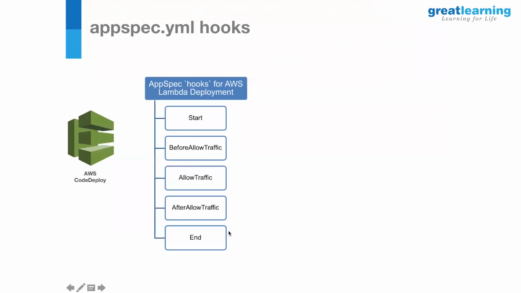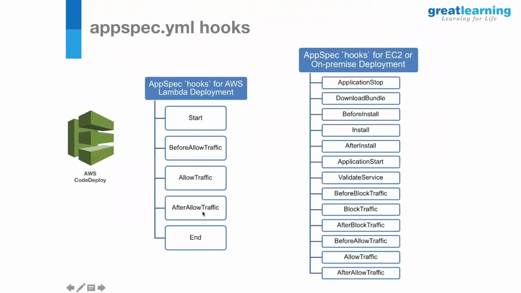when you're doing Lambda deployment. Start, before allowed traffic, after allowed traffic, and end. So in before allowed traffic, you run the tasks which you want to run before the traffic is actually shifted to the newly deployed Lambda function. This one is when it is moved to the newly deployed function. Okay, so these are the events which we'll be using. And what are the